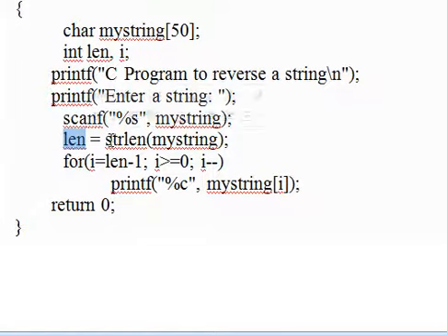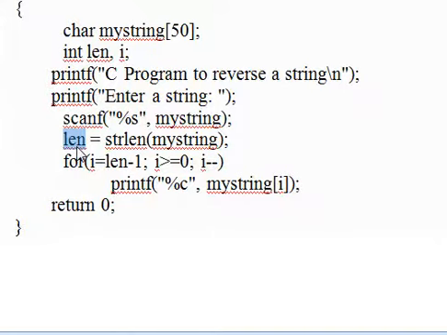Automatically strlen will calculate the number of characters in the string stored in array myString. The total number of characters is called the string length, and it will be stored in variable length. So length has the total number of characters in the given string.